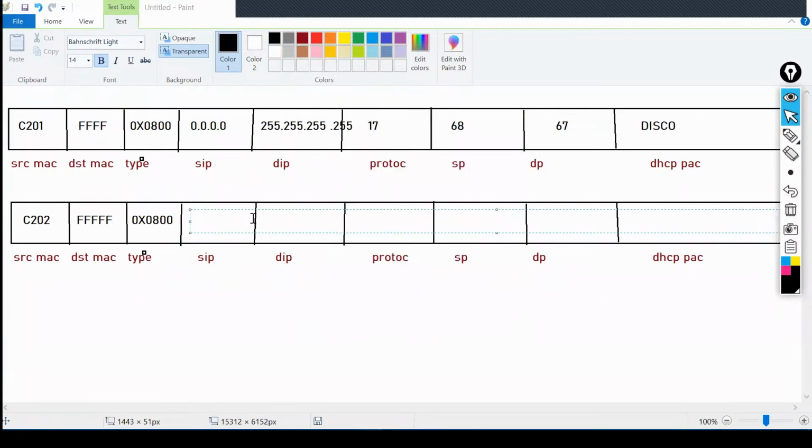Source IP is the server IP. Destination IP will be broadcast. Protocol number 17. Source port number, destination port number.